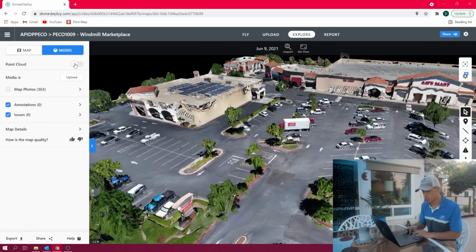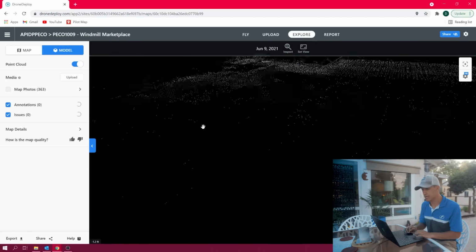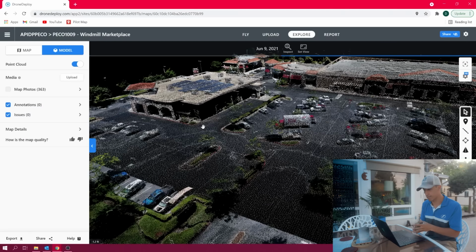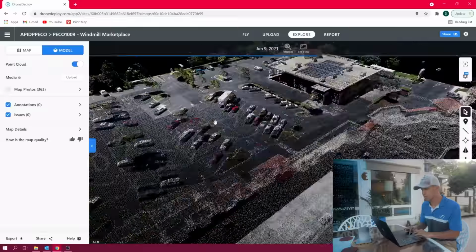So what we can actually do is I can enable the point cloud, and now you'll see instead of a stitched mesh map of the objects, it actually gives us a three-dimensional point cloud. This is actually what it's seeing, which is quite phenomenal, the level of detail that we're able to pull with this stuff here. I just really wanted to show you everything that we got today and how it processed,